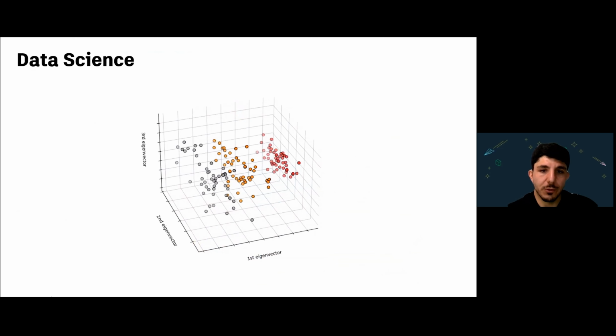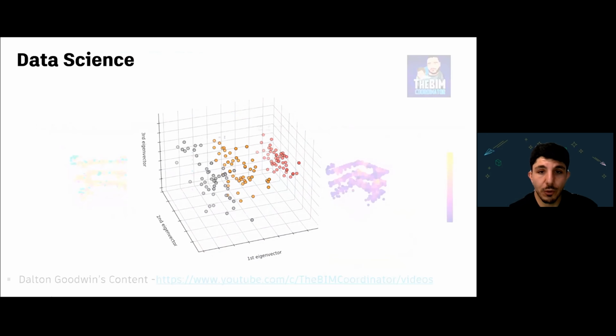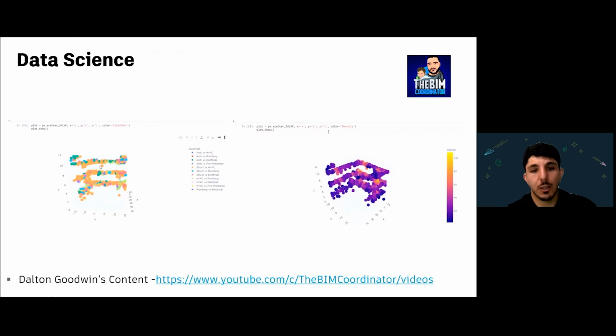And data science on its own just releases so much more potential. This is a simple geometric grid that you can actually do something similar with in Python. This is one example by Dalton Goodwin, the BIM coordinator. I have a video linking to this example he created using Dynamo, Python, Jupyter, some data science, very easy to follow. This is the next evolution to me of where Dynamo and Python and BIM is going, is to really expand beyond the kind of platform software we have into the open source world of data science.